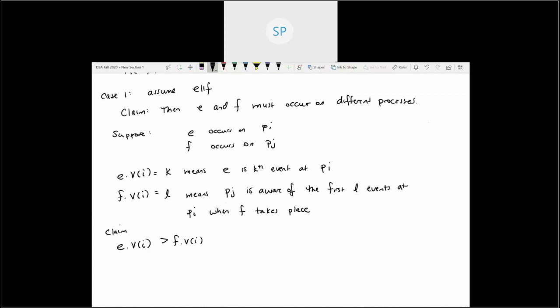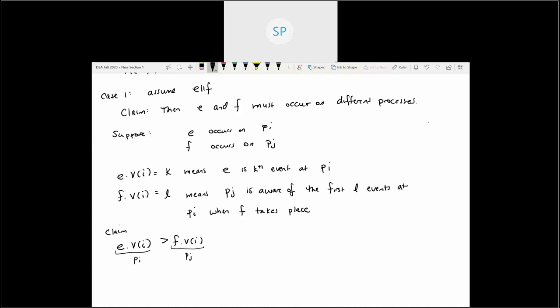So what would it mean? How would F, so this is at Pj, right? F is at Pj. Yep, definitely strictly greater than. F is at Pj, E is at Pi. They're concurrent, right? So